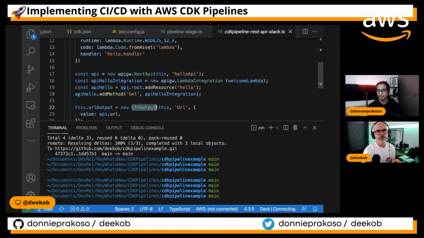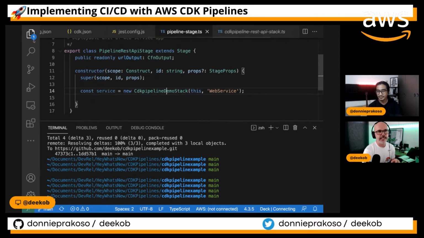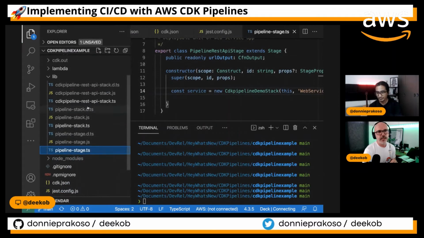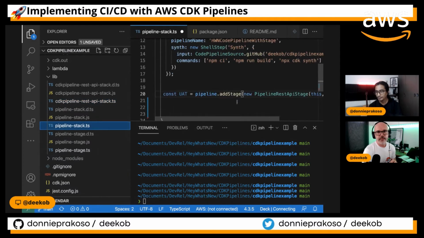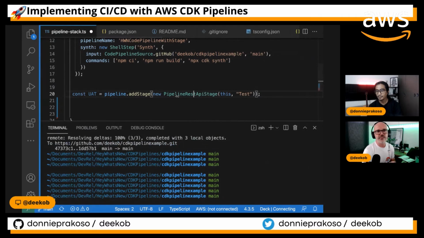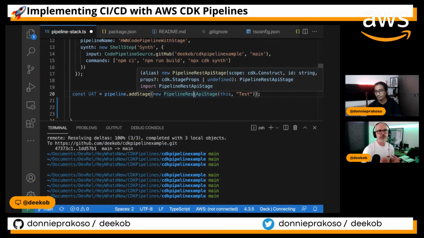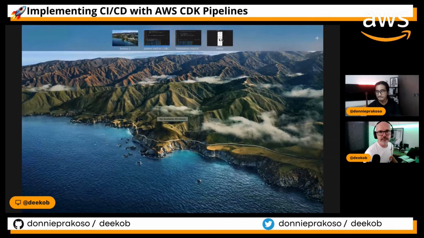So by calling my add stage, pipeline REST API stage, what I'm doing is adding that first stage to my pipeline, and it will deploy my application. So what that looks like is this,